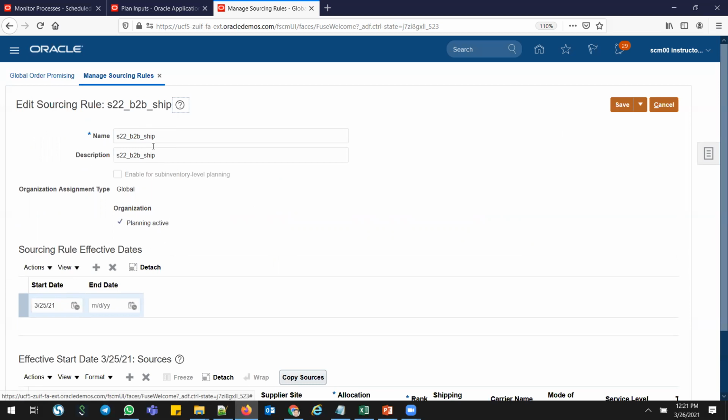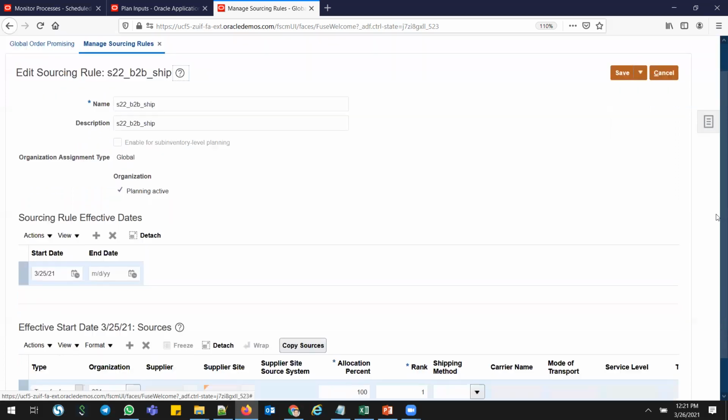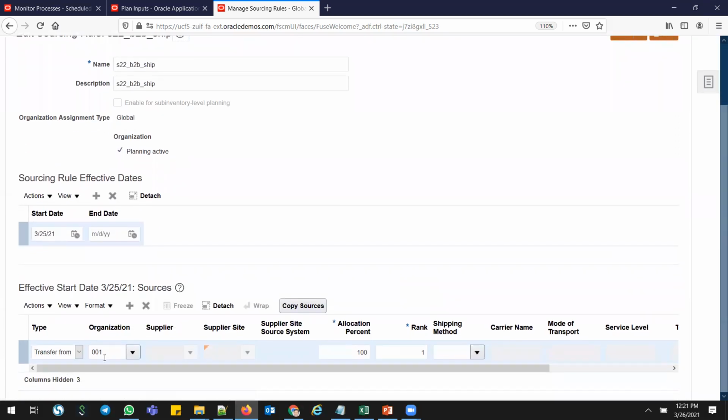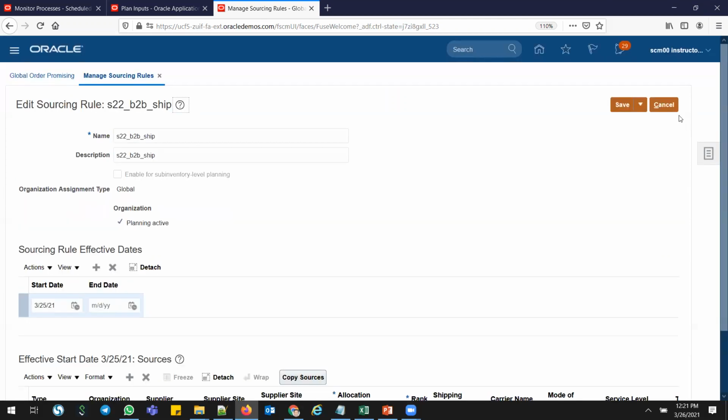What this sourcing rule will do is, when the stock exists in my warehouse, it will pick and ship from my warehouse stock and it will not go to the next level. It will not create any supply order. So it means transfer from 001 and allocation 100%. This is a pretty straightforward sourcing rule.